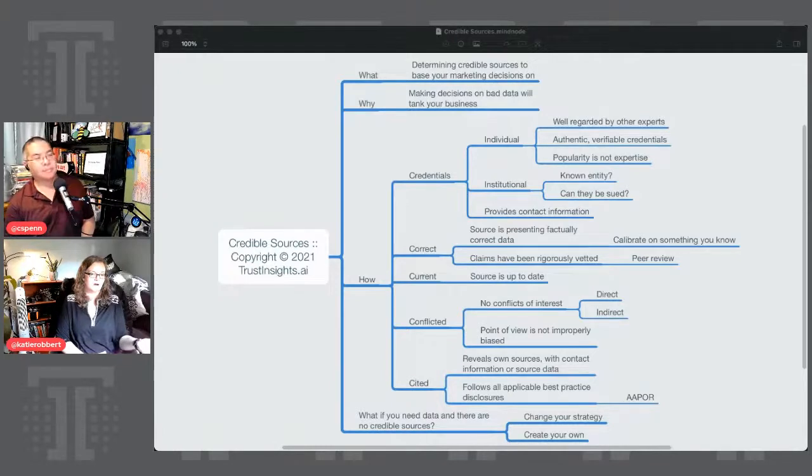So one could look at my degree and go, well, why is she telling me anything? She doesn't have her master's in business. She doesn't have a marketing degree. So I can't take anything she says seriously. So how do you reconcile that situation? That's a really good point, and that's where being well regarded by other experts in the field is helpful.